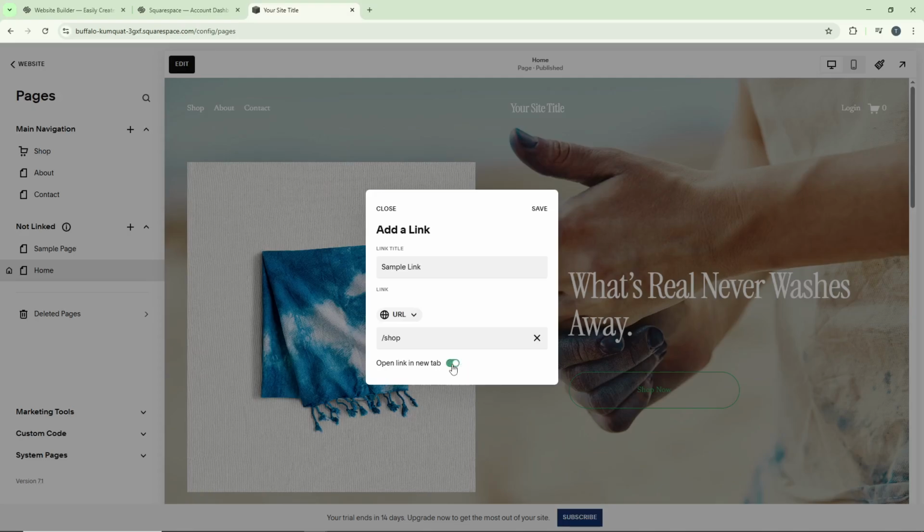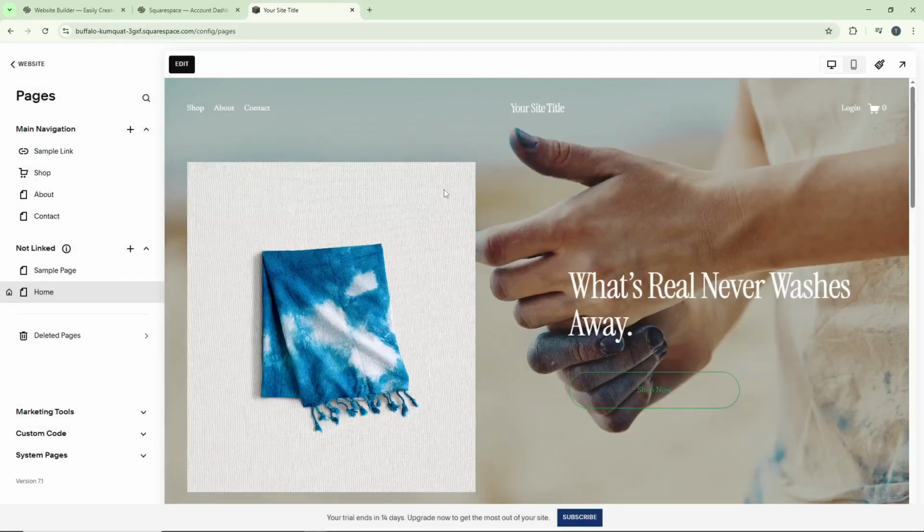Once you're happy with everything, click Save. This will add your new link to the main navigation of your Squarespace site. Your visitors will now be able to see and click on this link directly from your menu. And that's it. You've successfully added a custom link to your Squarespace navigation, giving your site more flexibility and better